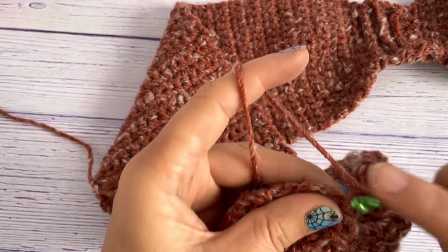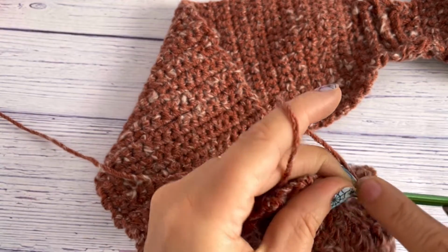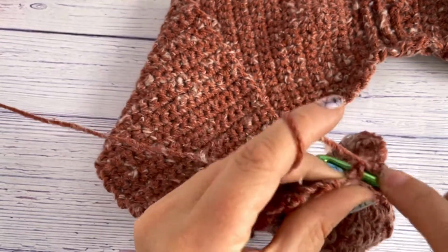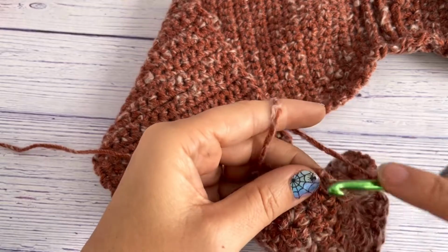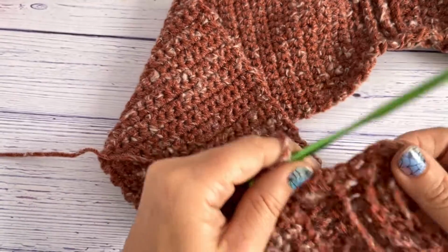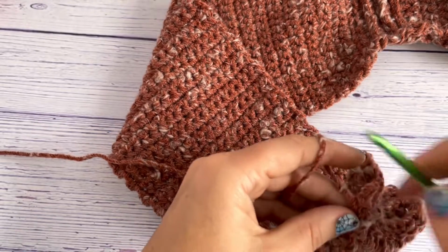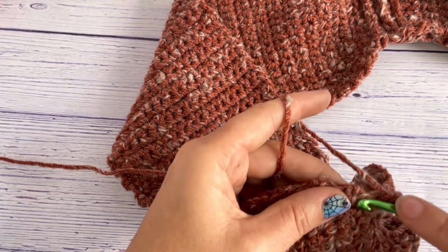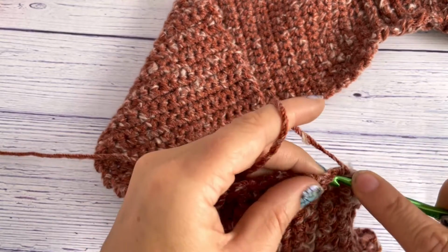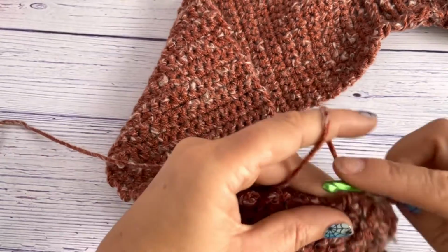Just going along there, I did about 2 single crochets per back loop stitch there, or front loop, just to give it a nice edge right here, all along there. And like I said, just go all the way around. And the only thing that I did was I did 2